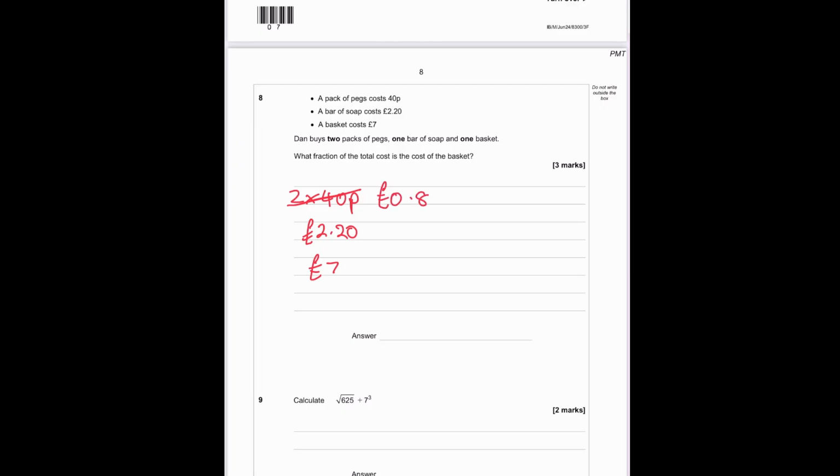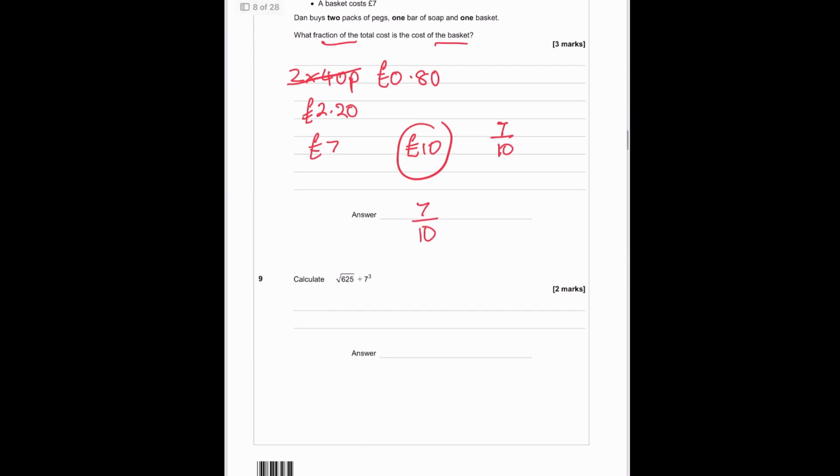So in total, it would be £10. And what is the fraction of the total cost is the basket. So the basket is 7 out of 10, £7 out of £10. We put that straight into our calculator, we get the answer